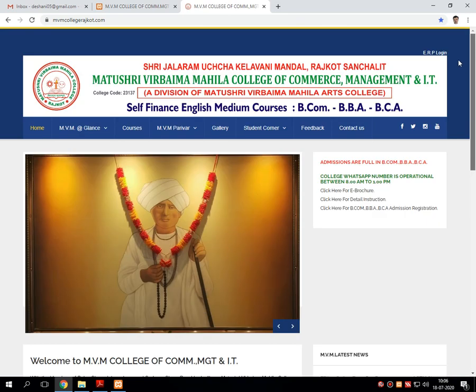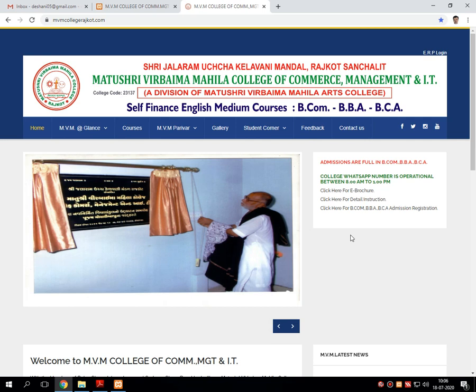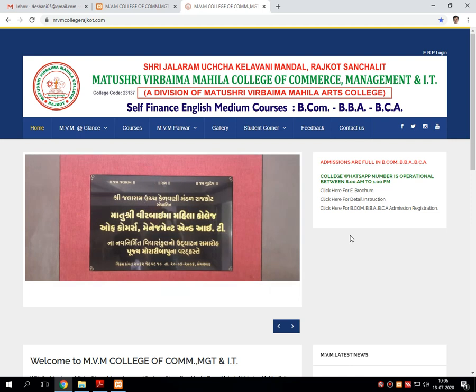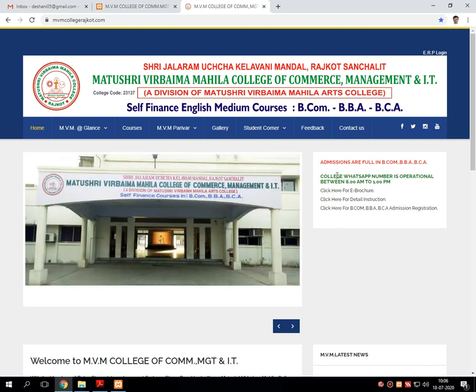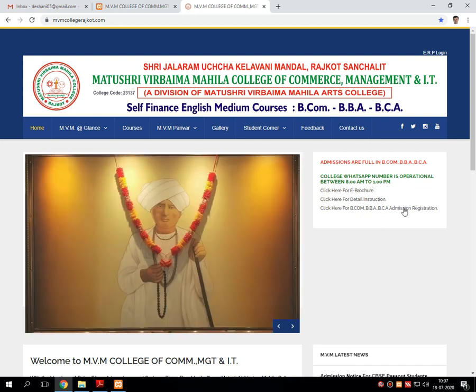That means I have selected this skin which contains each and every corner for its specialized functionality. For example, let's look at this particular corner. It will give information about the admission procedure.